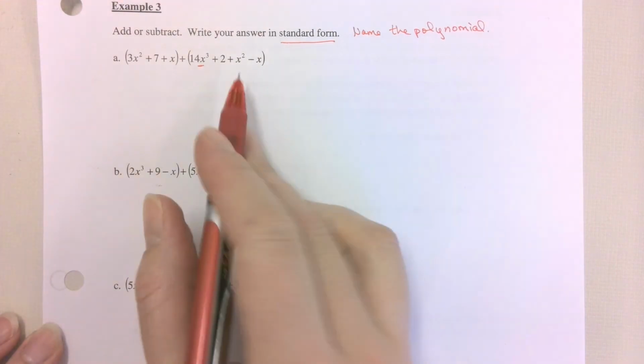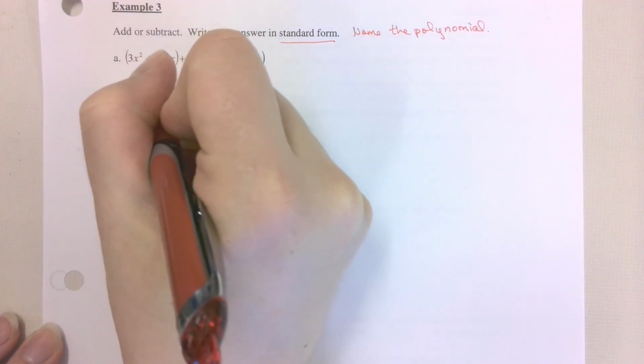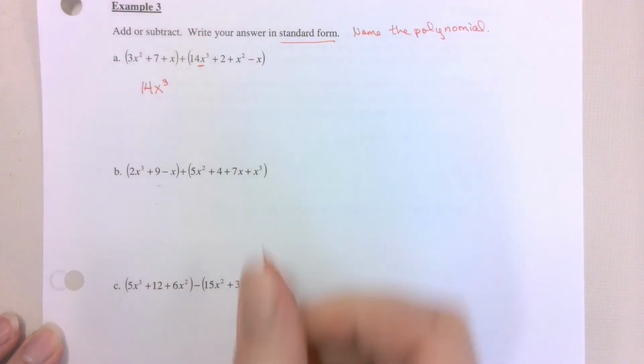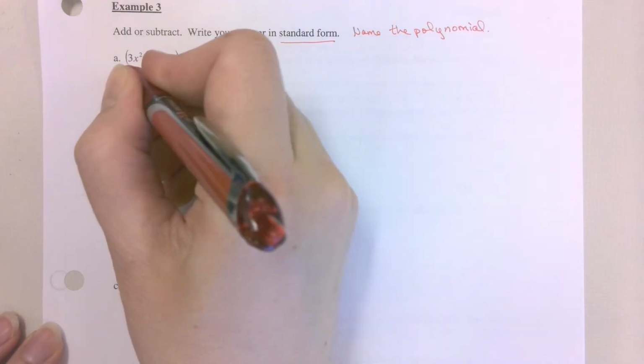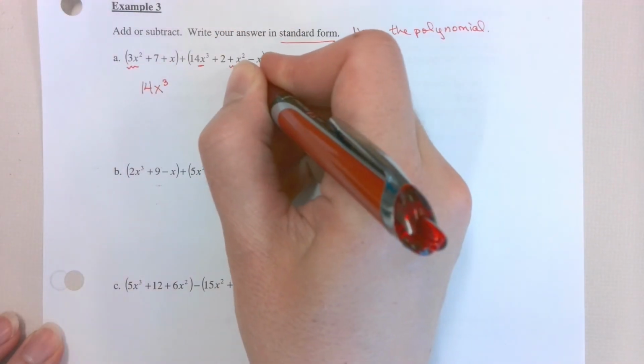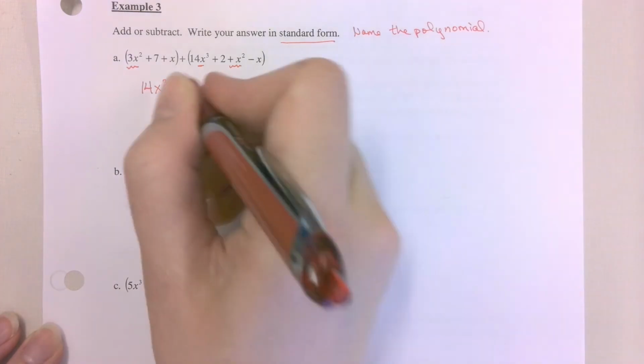And there is no other x to the 3rd. So I'm going to start with 14x to the 3rd. My next degree should be 2. I have a 3x squared and a positive 1x squared. So I get a positive